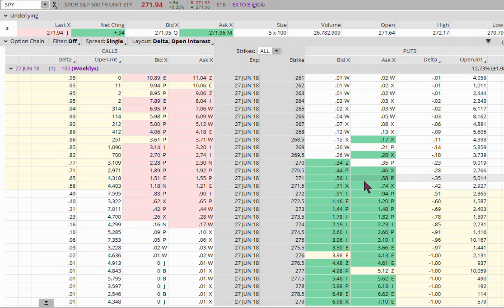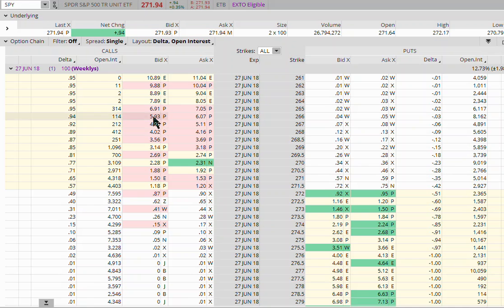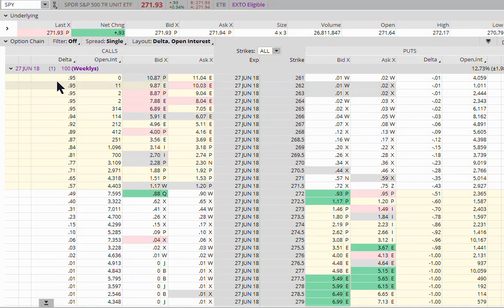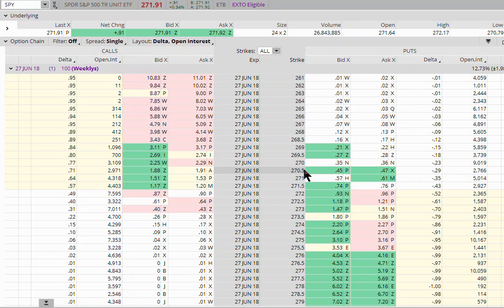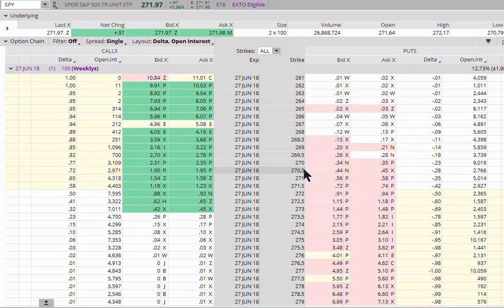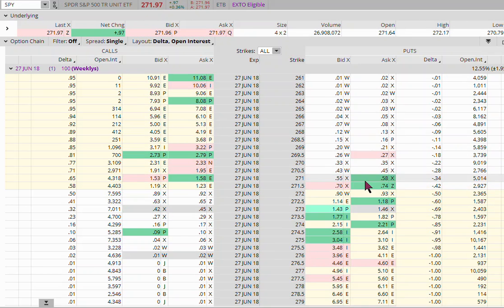Let me show you, for example, what we could do. This is live market environment. It's 12:20 Eastern time on June 26th. The spiders right here are 271.93. Here are the quotes that expire tomorrow. So I'm just giving you an example. If we see that our confidence is going up, that we've put in a bottom, at least for today or yesterday, we would sell out of the money puts. Let's just take this 271 for example. So that's 98 cents out of the money.